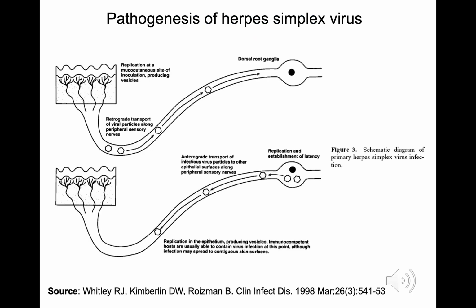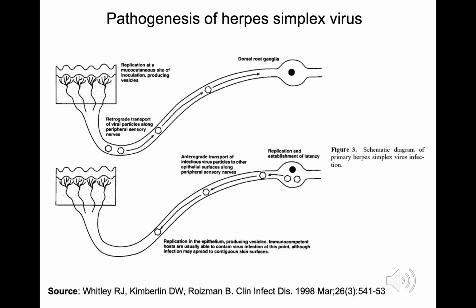This is a cartoon that shows the pathogenesis of either herpes simplex virus type 1 or type 2. If you look at the top figure, what it shows there is that virus will be inoculated at a site on the skin, and there will be replication of the virus at that site on the skin. But the virus will then travel up a peripheral sensory nerve. You see the virus with the arrows indicating the direction of travel, and it will travel up to a dorsal